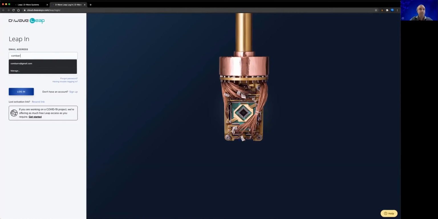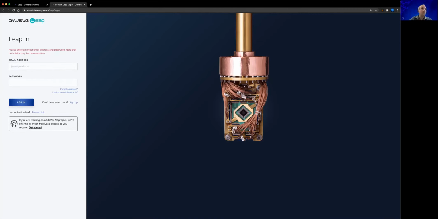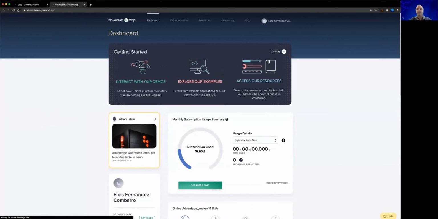So while you create your account, let me, okay, problem with the password. Okay, now I'm in. Okay, so once you sign up, you are going to see this screen, this dashboard,